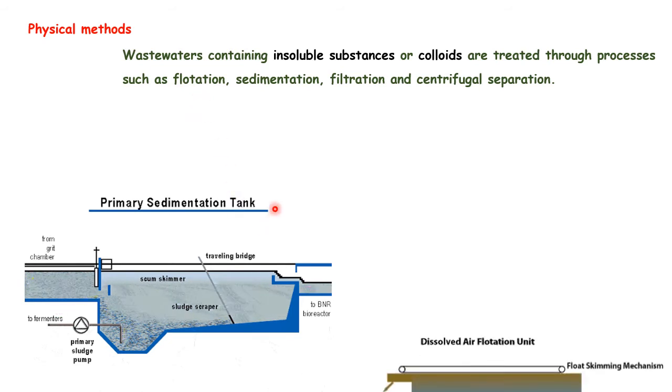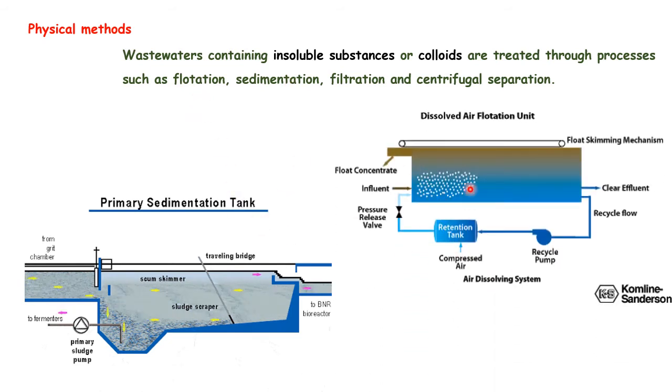In the flotation technique, they will simply inject air. The process they use for flotation is known as a dissolved air flotation unit. Here the air will be injected. Once the air is injected, organic material, oil, and other fat particles will be trapped inside those small bubbles, and they will aggregate on the surface. With the help of a skimming machine, they will be removed from the sewage water. So this is how the flotation technique works.